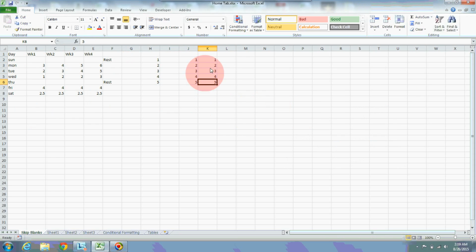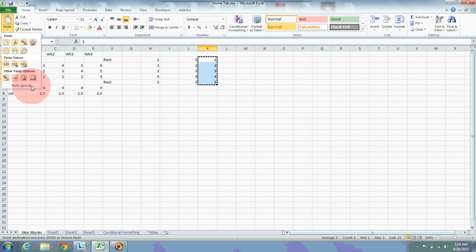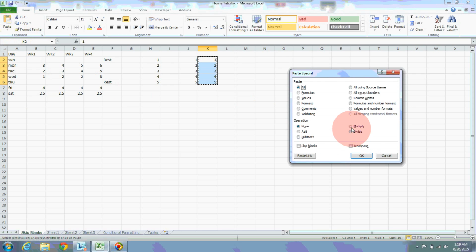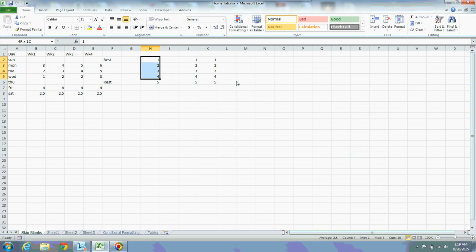You can also utilize different features, that is paste special and divide and multiply like this. Then one more option called skip blanks. See, this is a sheet where I am going to gym each and every day except Sunday and Thursday. All the rest of the days I am going to gym. This is the result of my workout.